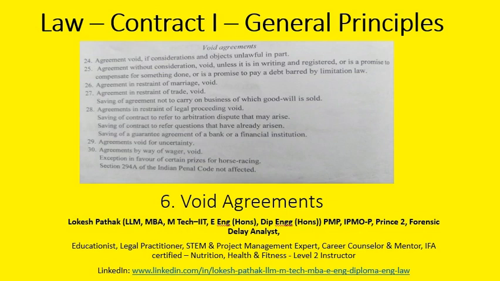We also discussed that there are certain conditions related to lawful consideration and lawful object, mentioned in section 23 of the Act. If they are not satisfied, or if we come to know that the consideration and object is not lawful as per those conditions, then the contract becomes void. Apart from the stipulations made in section 23, there are some other references in the Contract Act which determine that a particular contract is void under certain conditions.